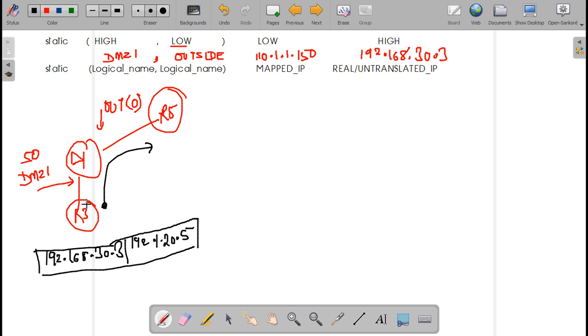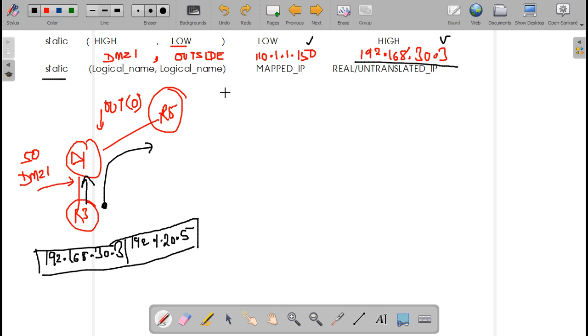This packet will come to the firewall. The firewall will check the rule, and the rule says static. So the firewall will check which IP is available in the packet out of these two. This IP, 192, is available in the packet.